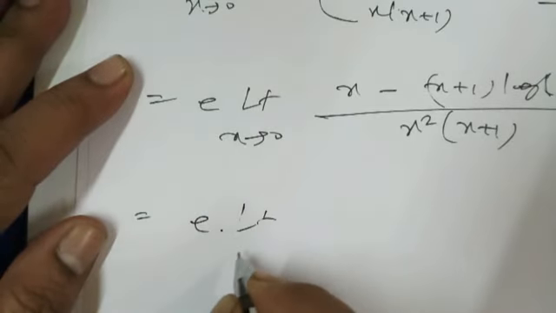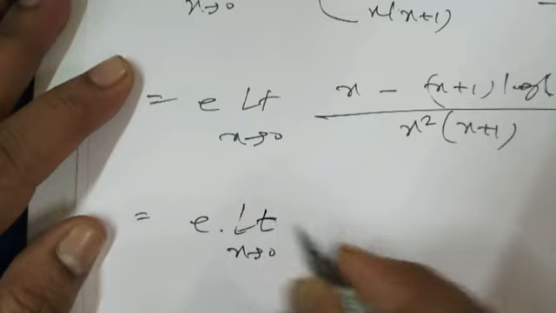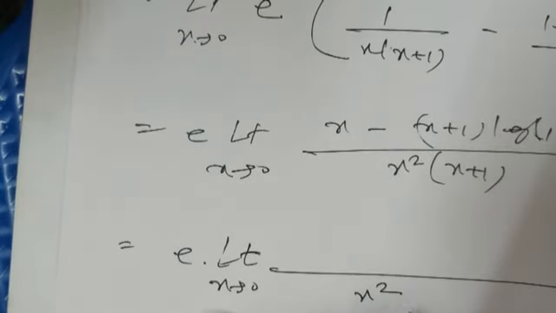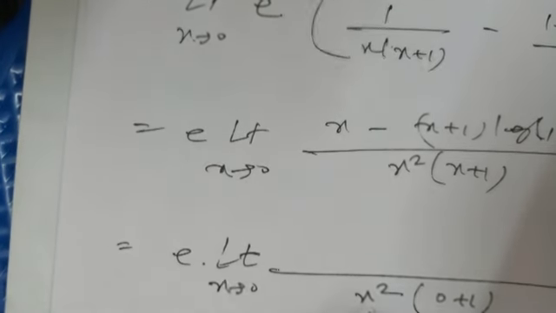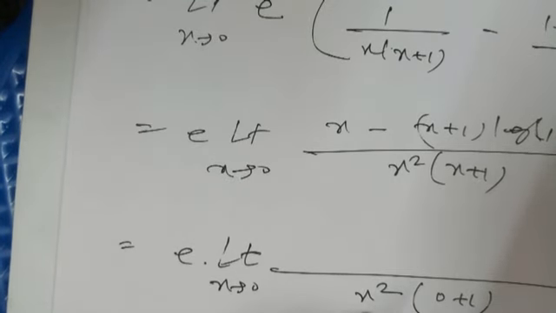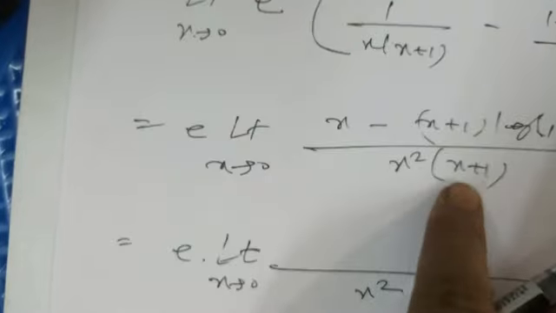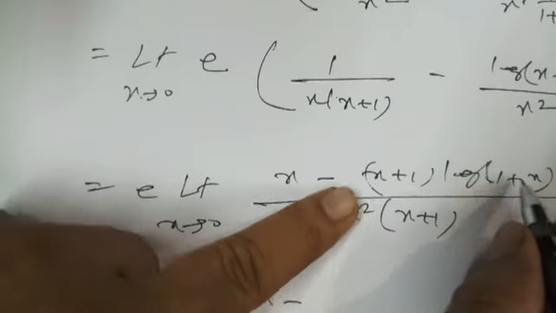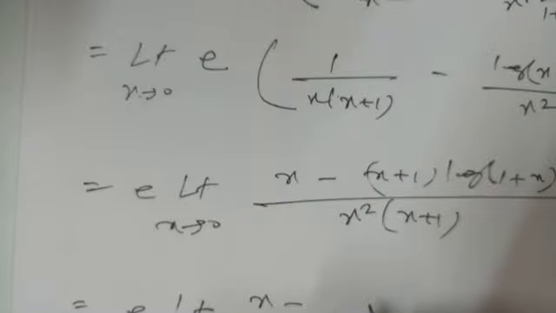Okay, and this is e into limit of x tends to 0, x square, and this is the x put here 0 plus 1. You cannot put 0 here because in the denominator 0 is undefined, but you can put 0 here. 0 plus 1 is 1, so x minus x plus 1, if you multiply this, and this will be such that,